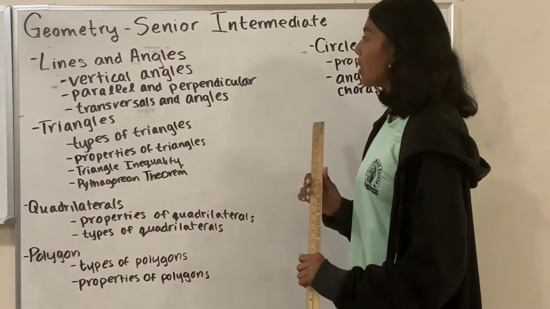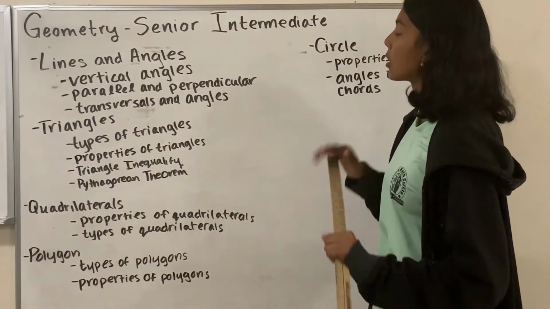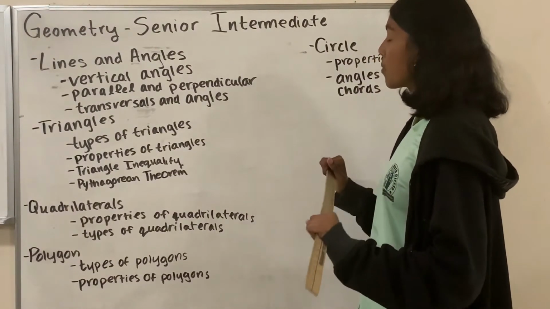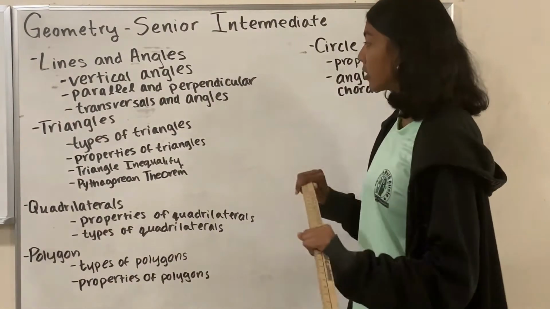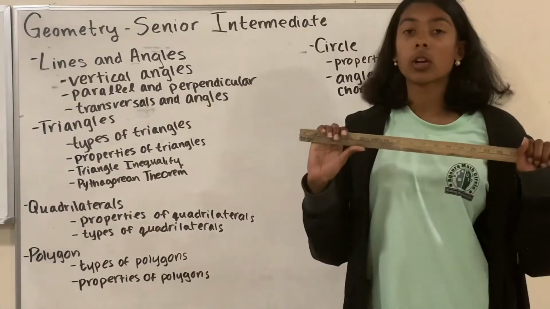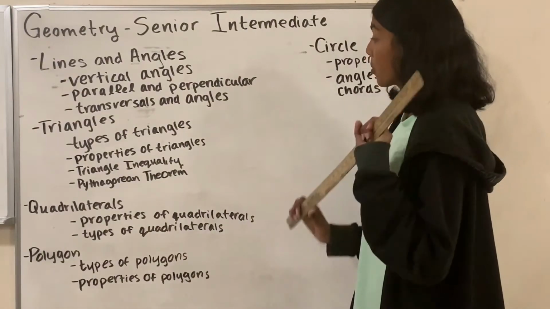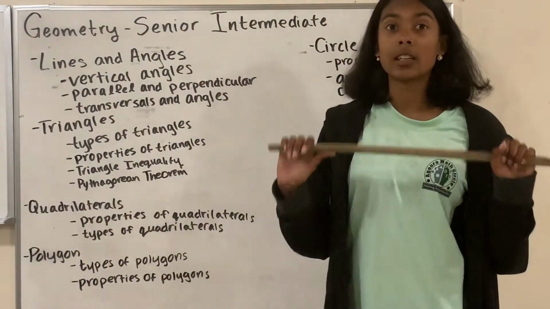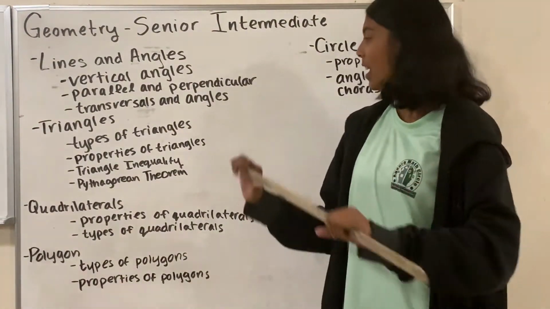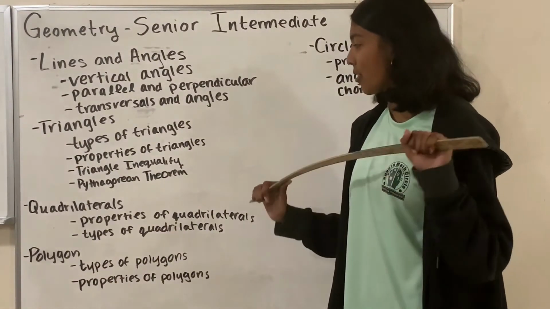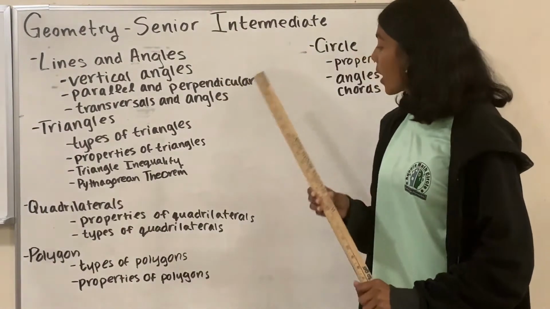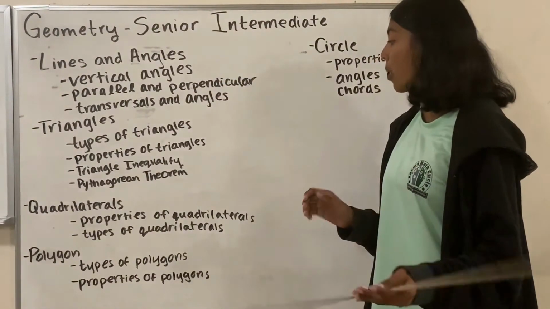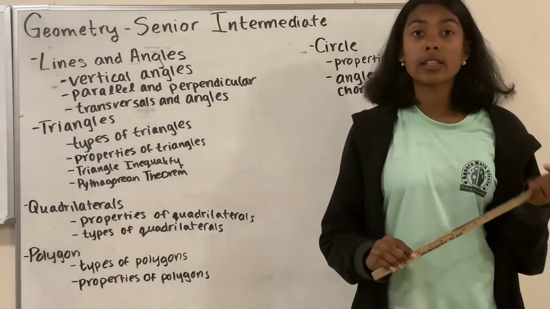We're going to start off with some lines and angles, and in that we're going to learn about vertical angles, parallel and perpendicular lines, and transversals and angles. Then we move on to triangles, and we're going to learn about the types of triangles, properties of triangles, the triangle inequality theorem, which is pretty fascinating, and the Pythagorean theorem. Then we go into quadrilaterals, and in that we're going to learn about properties of quadrilaterals and the different types of